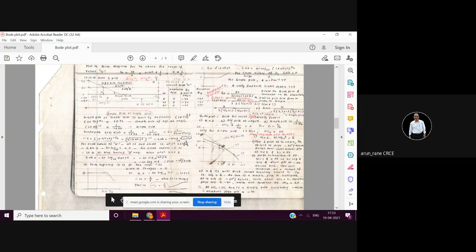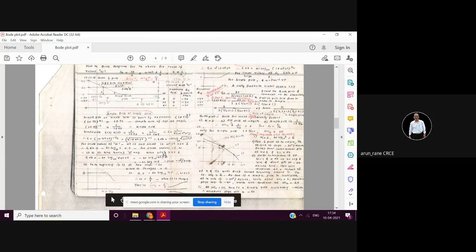Now the values of omega are increasing. Suppose omega values are more than 1, like say 100, 1000, 10,000. At that time we can ignore 1. Suppose the value of omega T is say 1000, so 1000 plus 1, that 1 will not have much effect, isn't it? So we can take only the square root of omega square T square, that is nothing but omega T, correct?